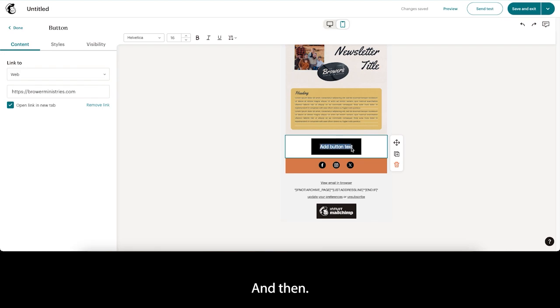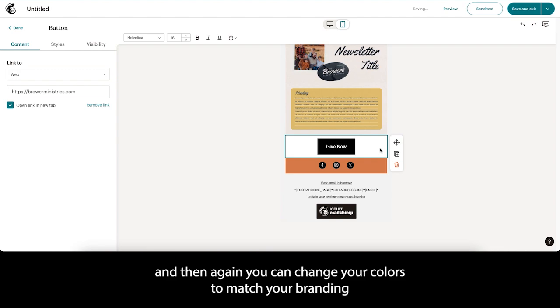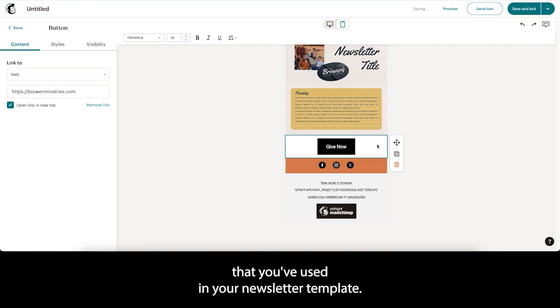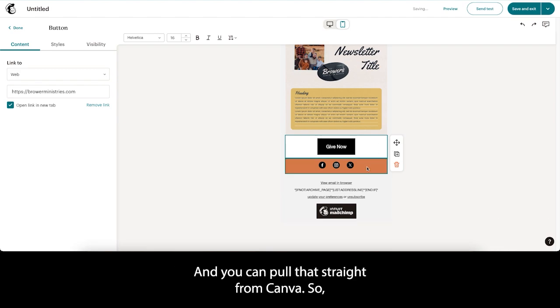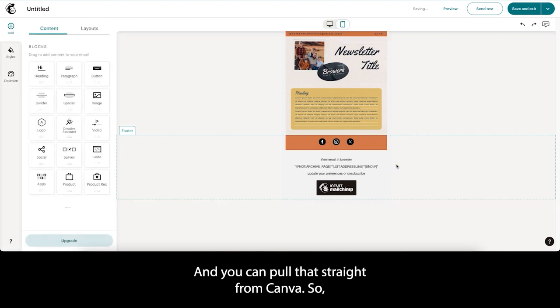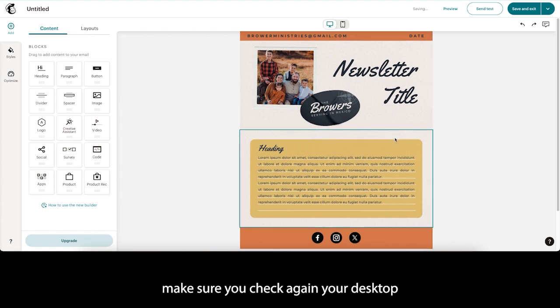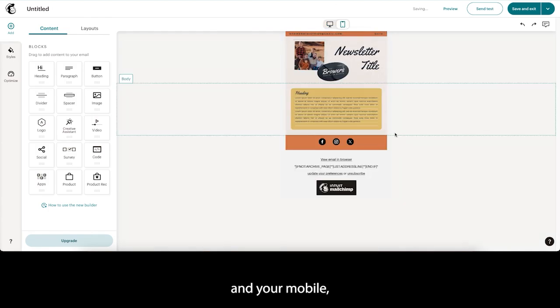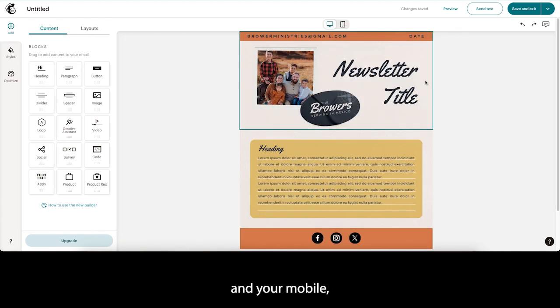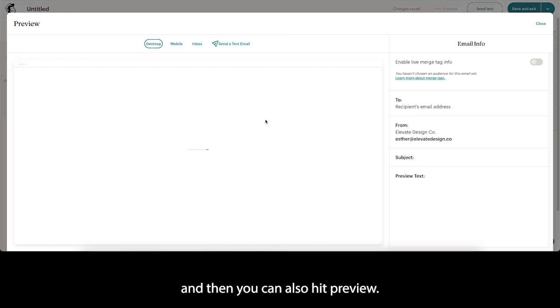And then we'll link this, say give now. And then again, you can change your colors to match your branding that you've used in your newsletter template, and you can pull that straight from Canva. So once you've got all your blocks in here and it's ready to go, make sure you check again your desktop and your mobile. And then you can also hit preview,